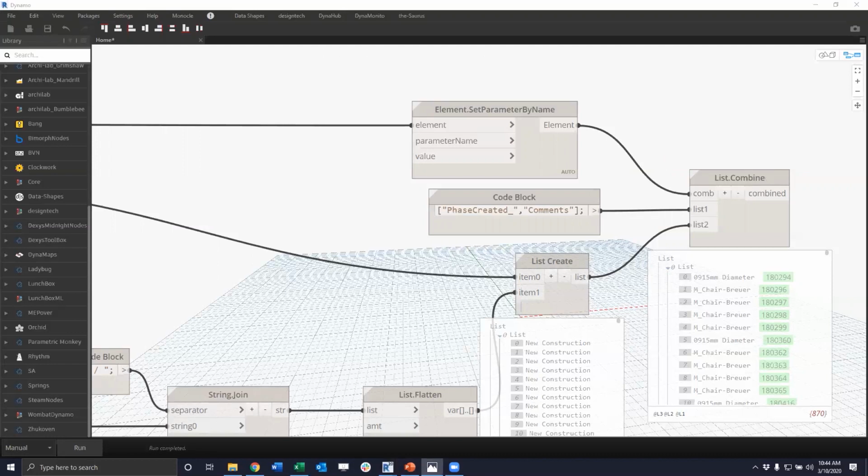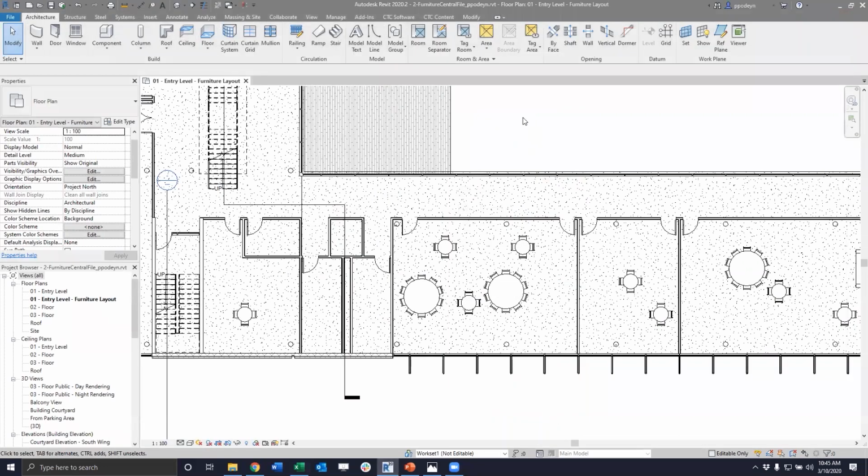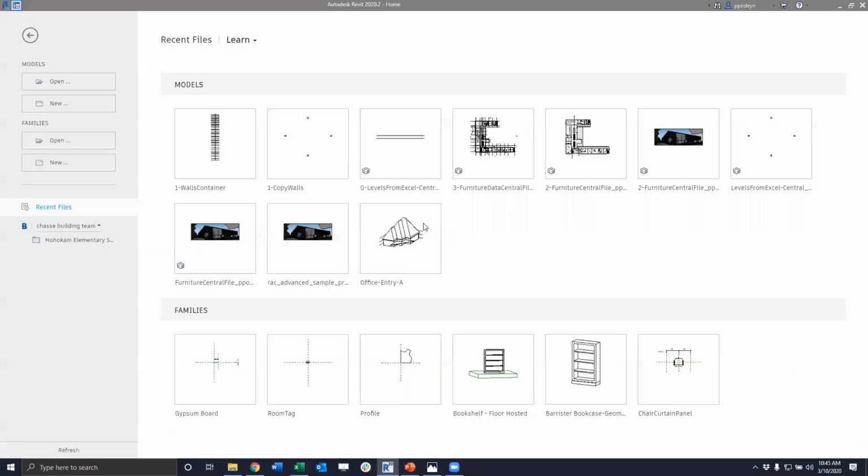Alrighty, so let's go into our last example. We have about 15 minutes left. We might run a little bit over. Let's close this out, close out of this file, don't save, relinquish. We're going to go open,